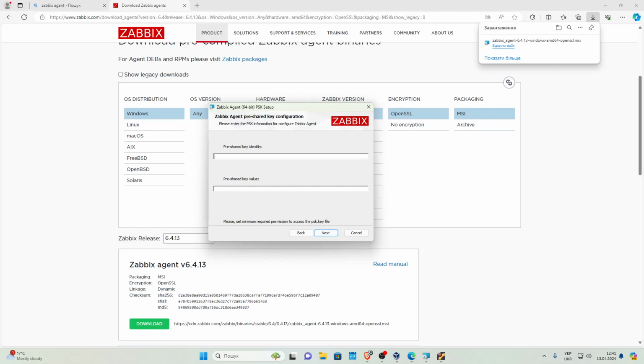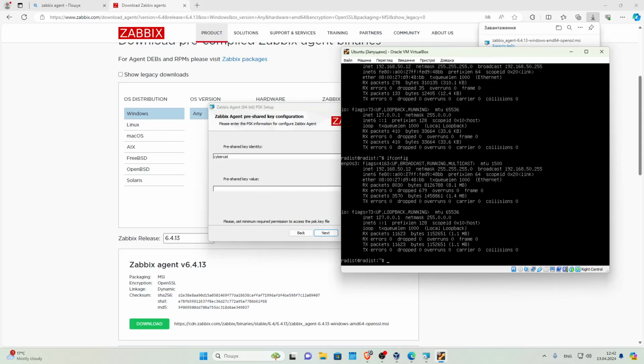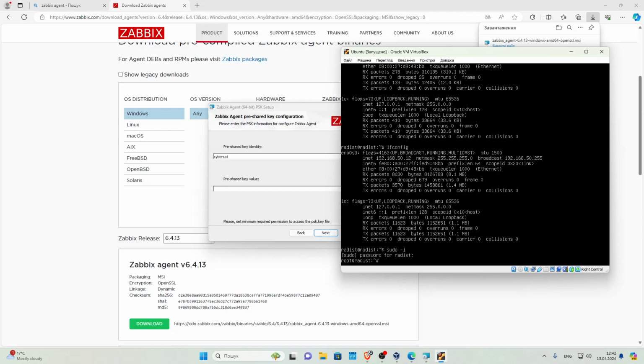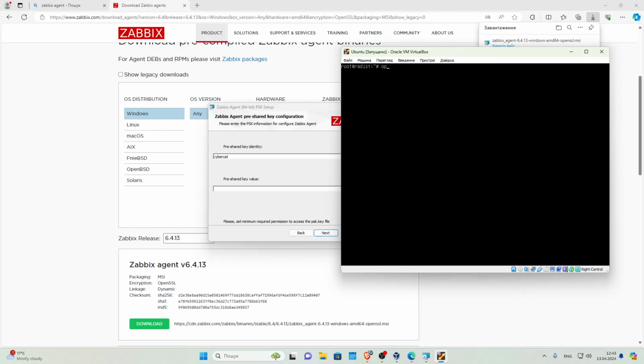So, for encryption, we have the option to use pre-shared key encryption. PSK stands for pre-shared key. The PSK option consists of two important values: PSK identity and PSK secret. The secret must be at least 128 bits, 16 bytes, entered as 32 hexadecimal digits, up to 2048 bits, 256 bytes, entered